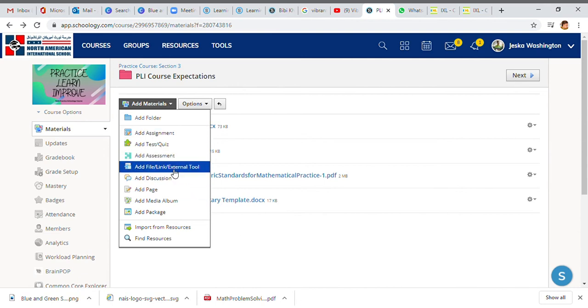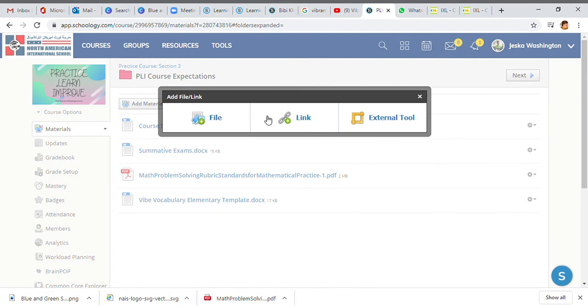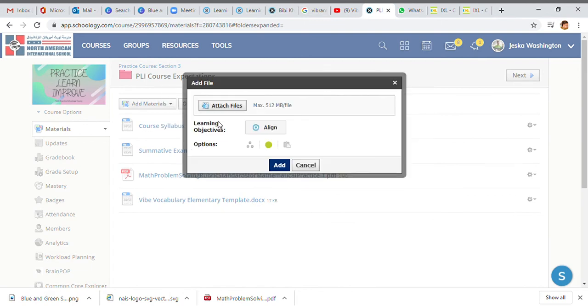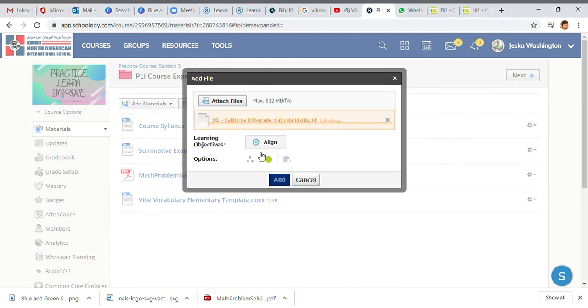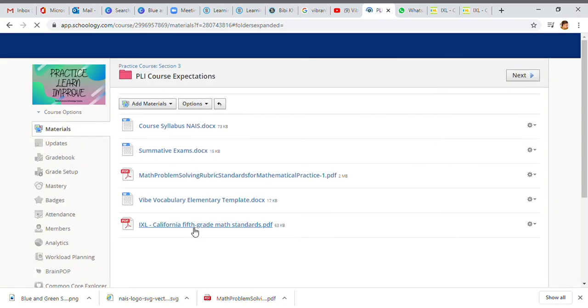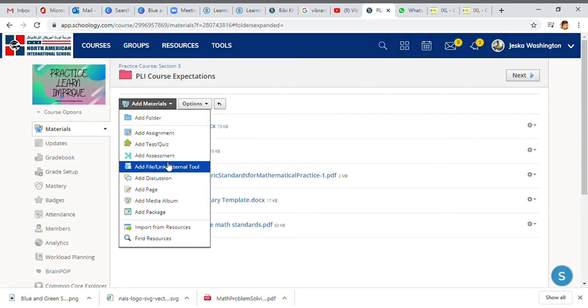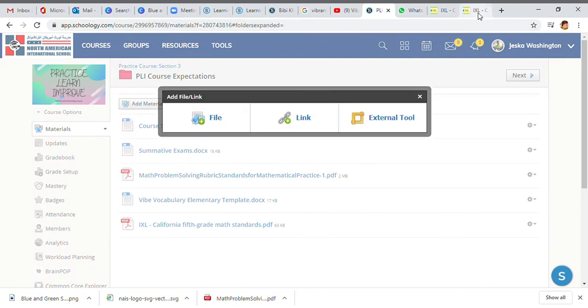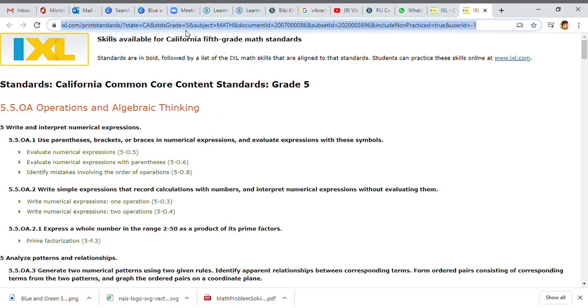You must have the standards that are attached. So in my downloads, here it is. I am uploading the standards so the standards can be known. There is an option to link them, but I do not want you to link them. You can as a backup plan, but I want to show you the difference between the link and the upload. So here's the link,